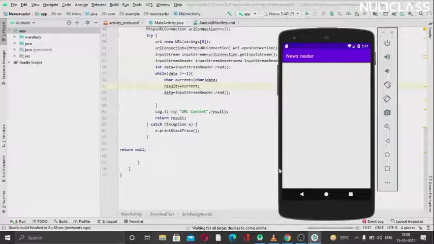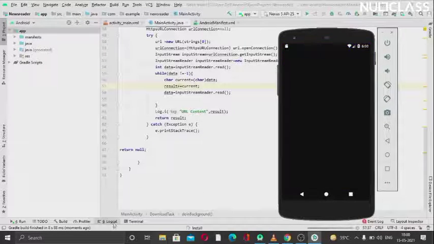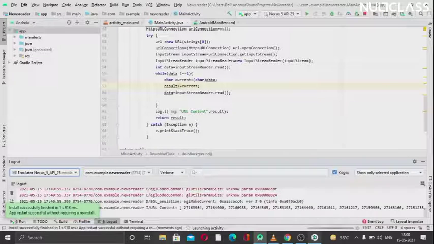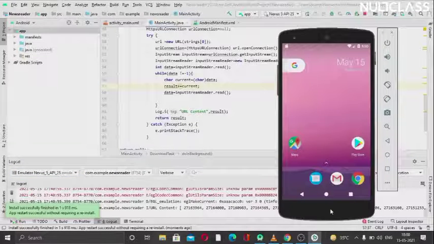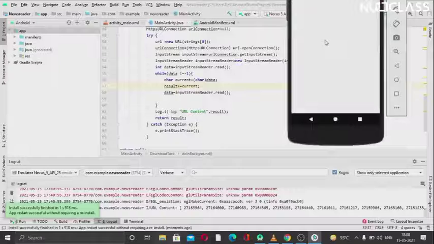We will not see anything on the emulator, as we have just used a list view here. So we will be seeing that in the logcat. We can open this now. We can see that the app is now run.